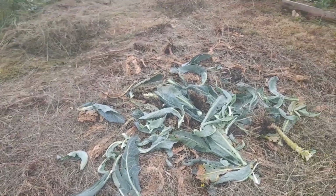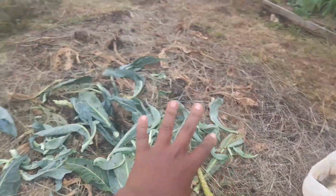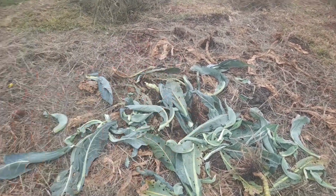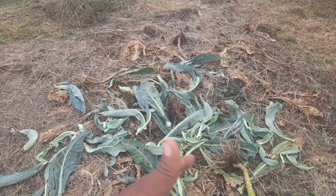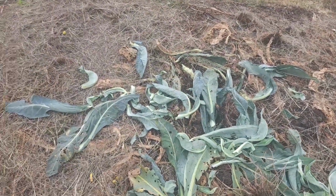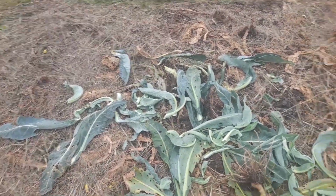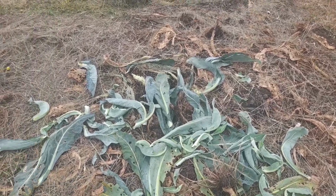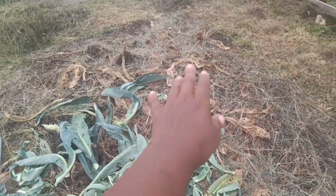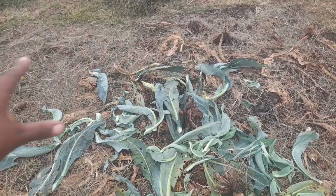I have just harvested the last 2 cauliflowers that were here, and this is what I do on this bed. This is what I've been doing for the longest time. When harvesting from this bed, I would just harvest, cut, and dump back to it, like the old ones here, because I wasn't planting anything at that moment. Even now I'm not planting anything, so I just dump the leaves on the bed to mulch the bed, and to also feed the soil so that the soil will be rich. So by the time I plant something here, the leaves would have already dried, rotted, and they'll just blend